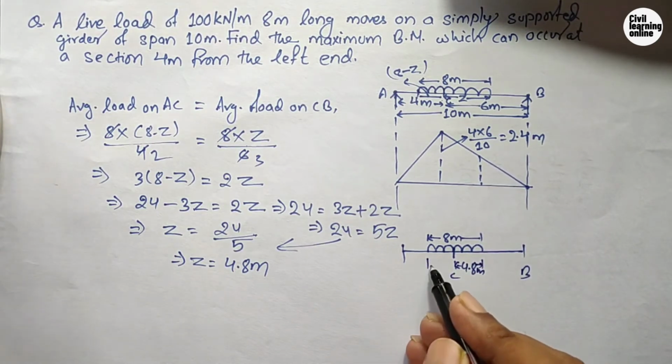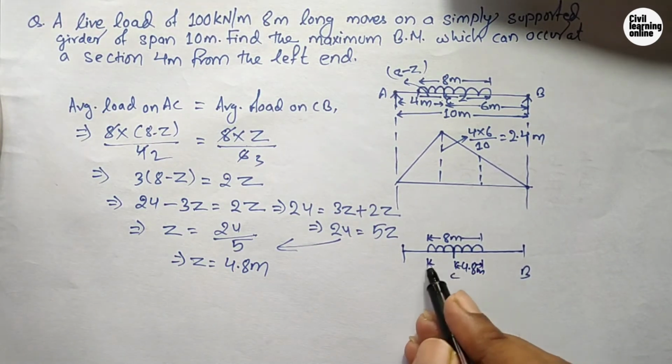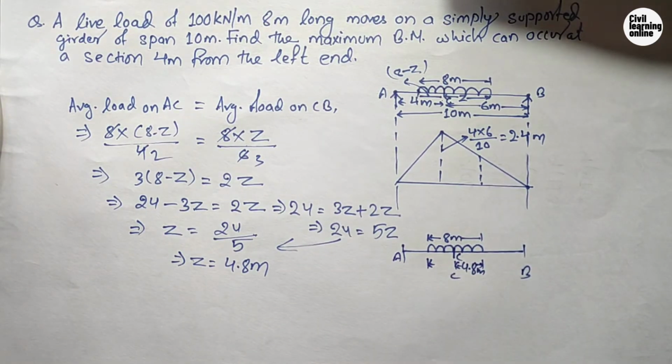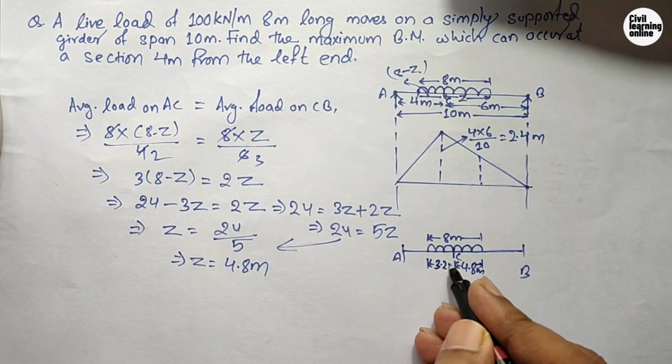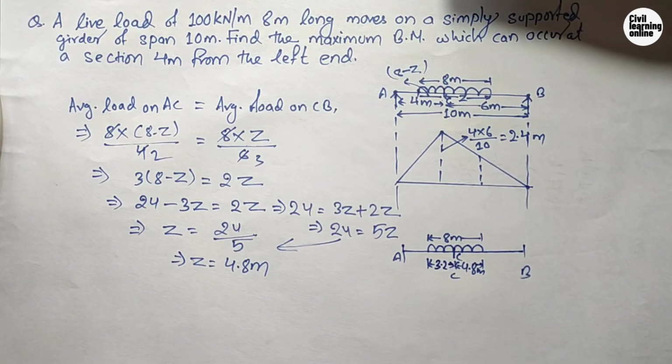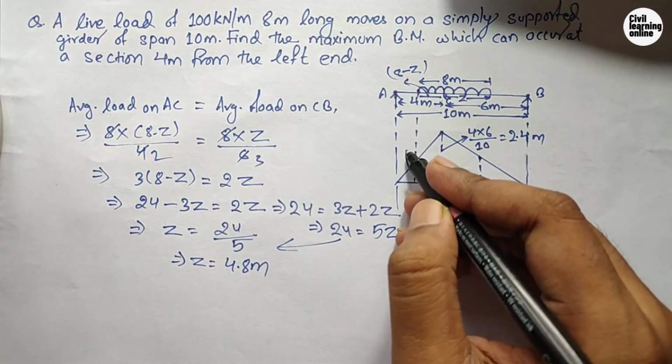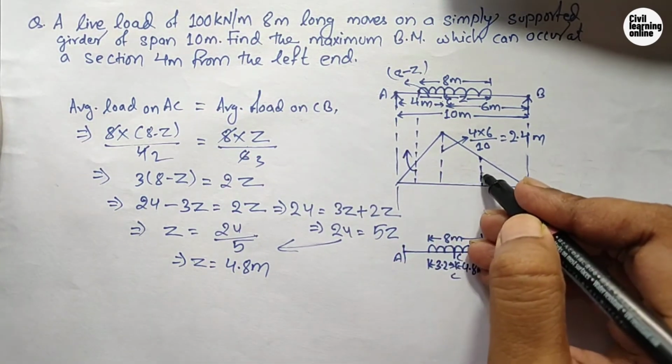Now the span of the load on this span AC will be equal to 8 minus 4.8. Subtracting, we get 3.2 meter. So we have come to know that the portion of load on span AC is 3.2 meter. Now after this, what we need to do is calculate the value of this ordinate and this